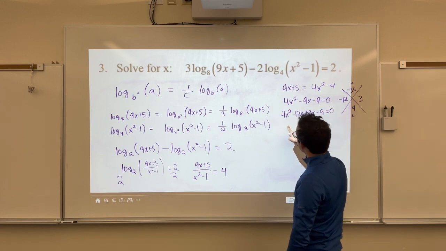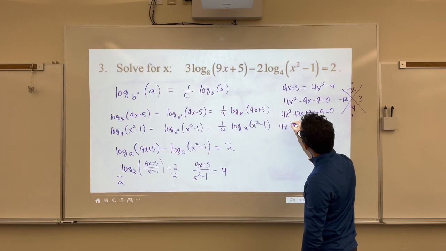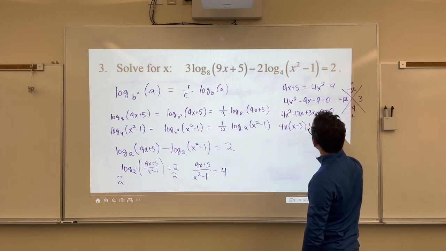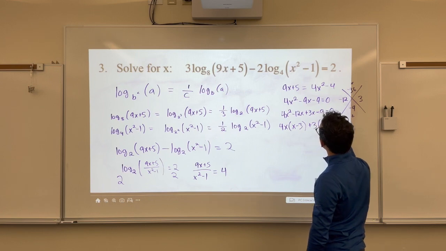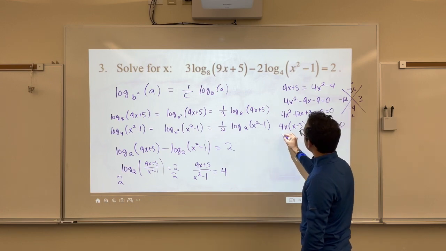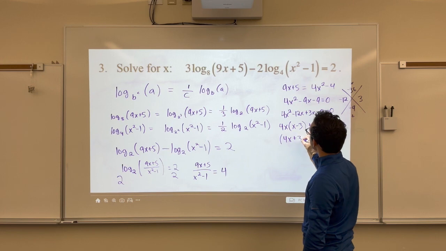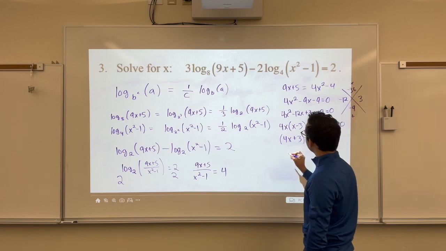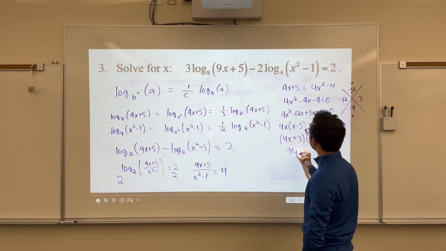The common factor is 4x, and then we have x minus 3. And then the common factor is plus 3, and we have x minus 3 equals 0. So in factored form, this is (4x plus 3) times (x minus 3) equals 0. Therefore, x is equal to negative 3 over 4